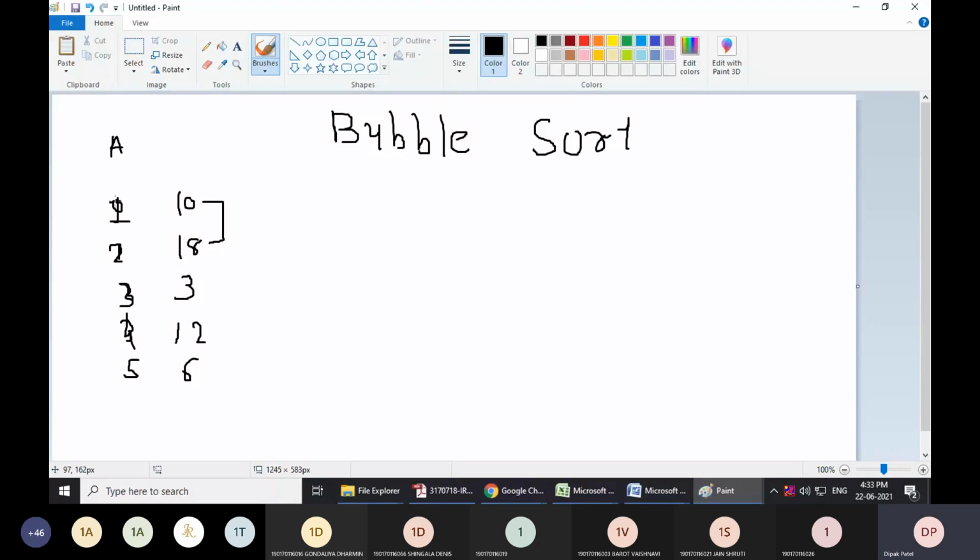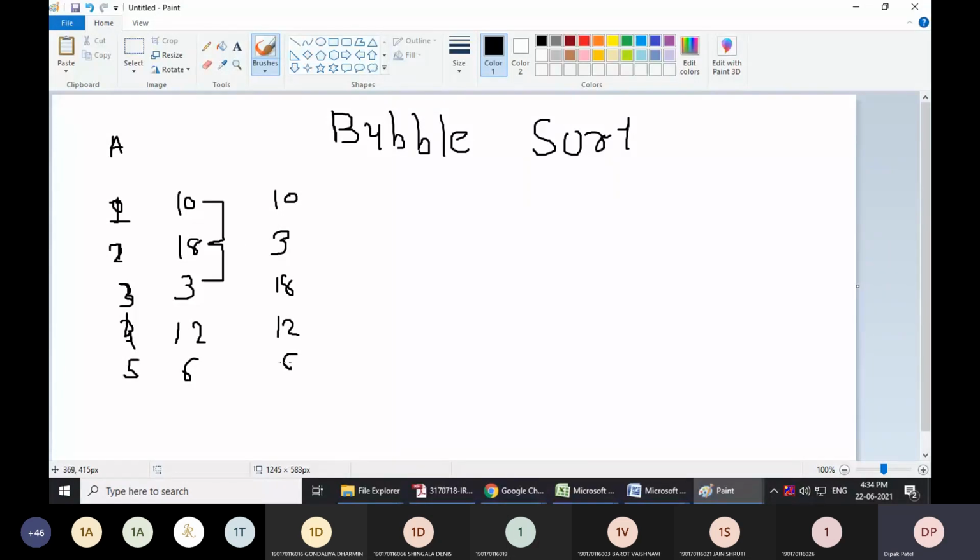जो lowest position पे element है वो less than होना चाहिए. So if A of 1 is less than A of 2, then it's okay. It checks the next pair. Here A of 2 is not less than A of 3. Condition is false. So what it does? It performs the swapping. It performs swapping of this 3 and 18. And the remaining elements will be as they are.